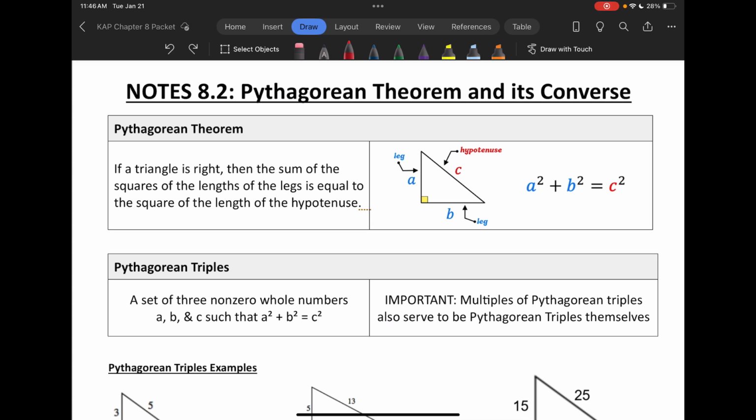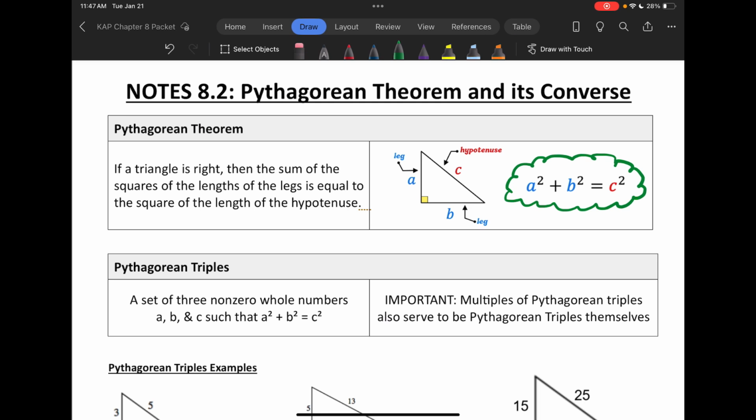Pythagorean theorem states that if a triangle is right, then the sum of the squares of the lengths of the legs is equal to the square of the length of the hypotenuse. Or in other words, given the triangle here off to the right, this will hopefully make a little bit more sense. It's understood that if I have a right triangle where my legs are A and B, and my hypotenuse is C, then for Pythagorean theorem, we know a squared plus b squared equals c squared,